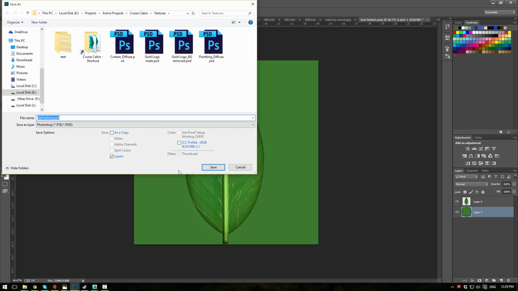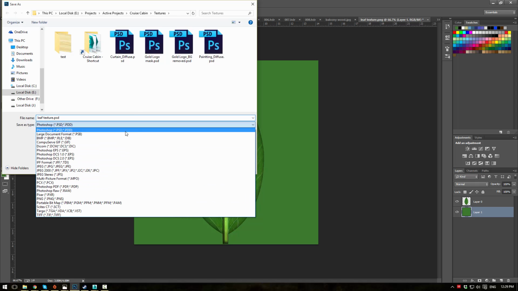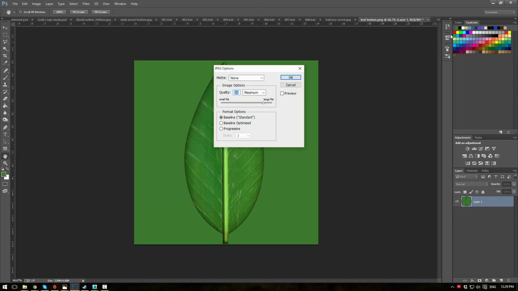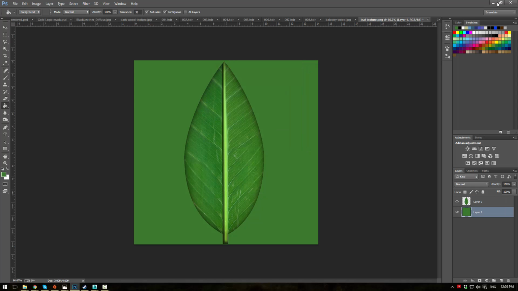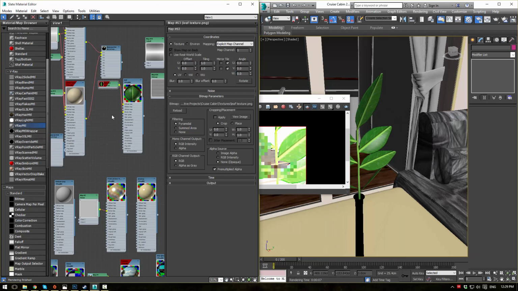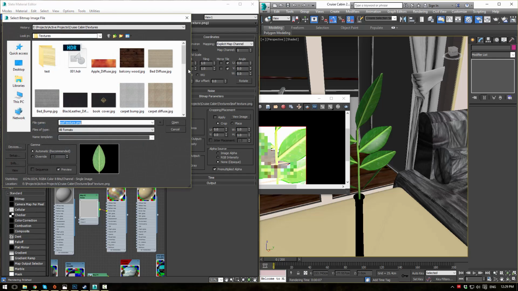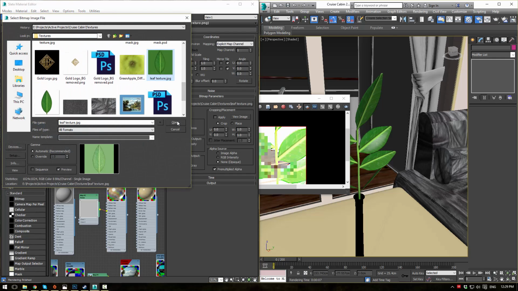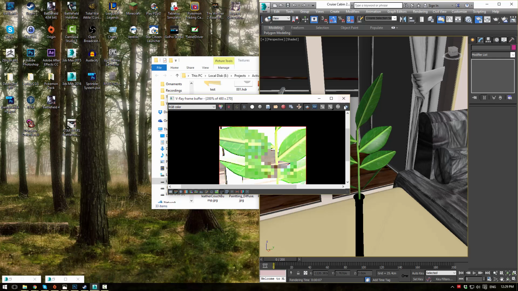We'll save it as leaf texture JPG. Okay. And we'll go back into our scene, and for our bitmap, we'll change this to the one we just made. And that way, with luck, we should be able to, oops, kill Max, no, hopefully eliminate some of these edges,